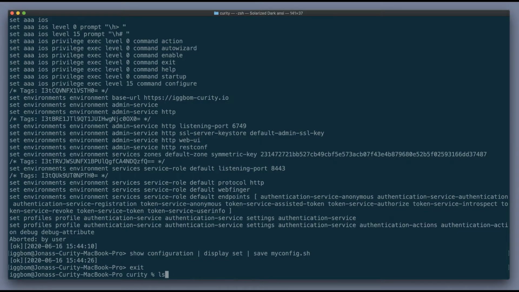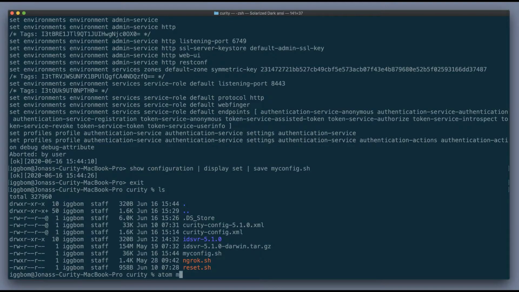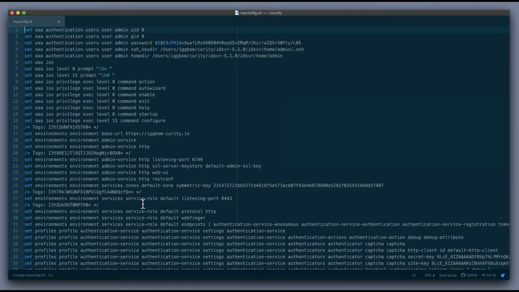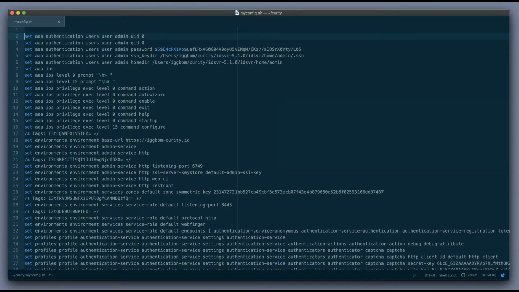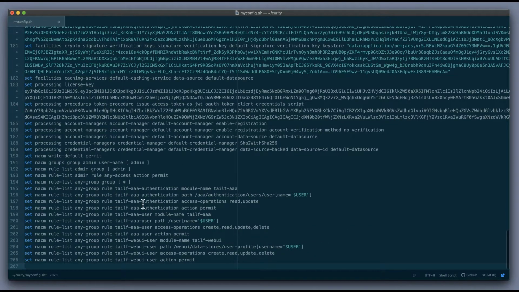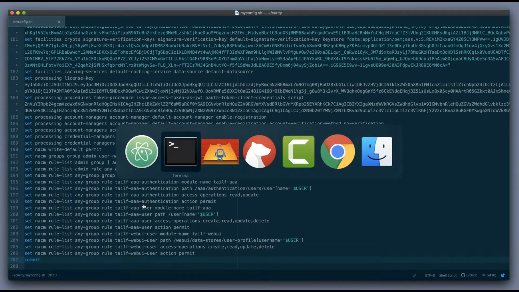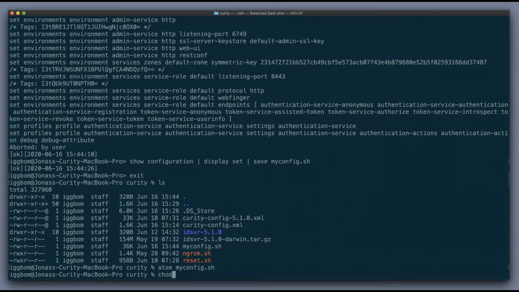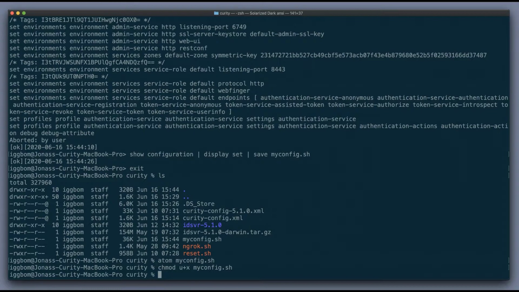Now, if we exit out of the Curity shell and look at this shell file, it has all of the set commands in it. We don't have to go into detail what all of these do here. But if we now set this to be using the Curity shell and add a commit at the end, because this is going to execute all of these commands as one transaction. And then we have to make the script file executable here. If we now run this,